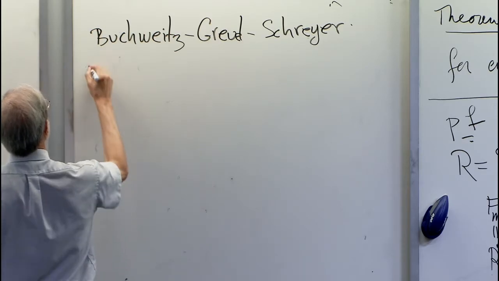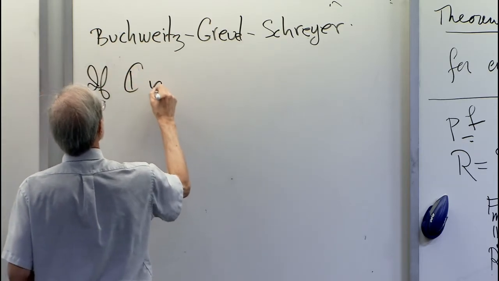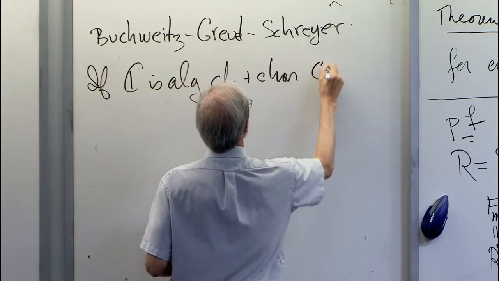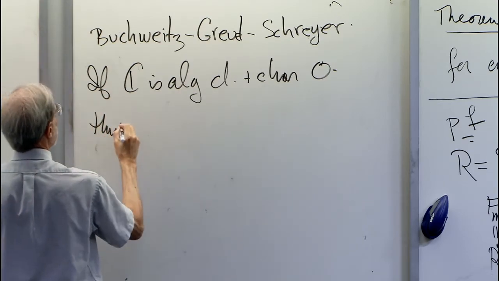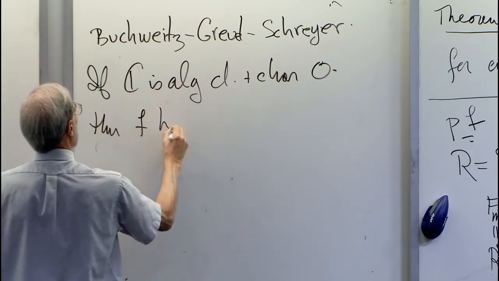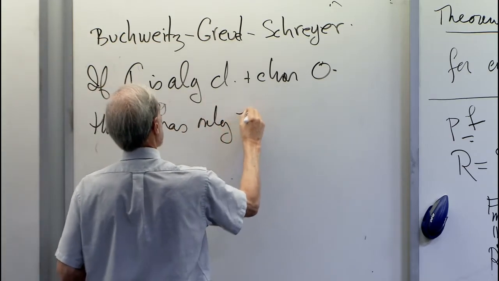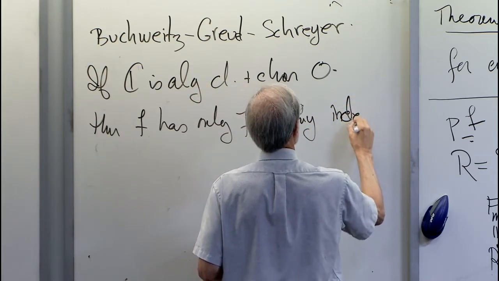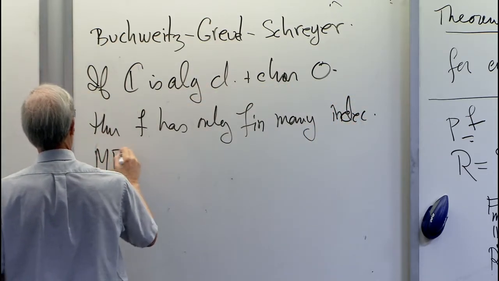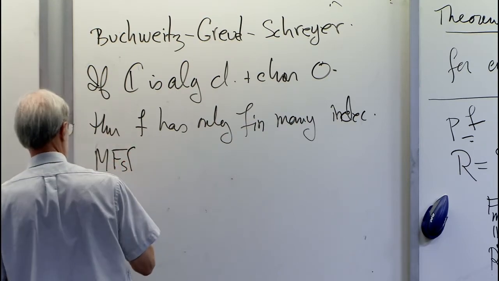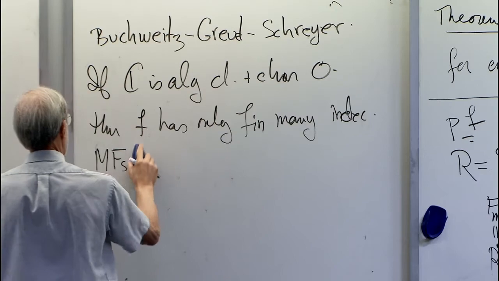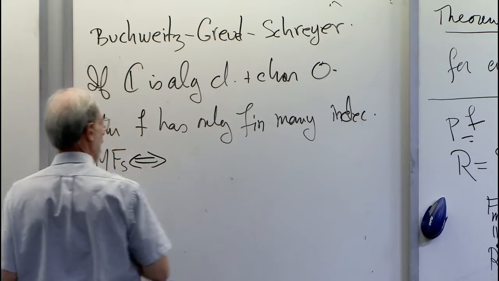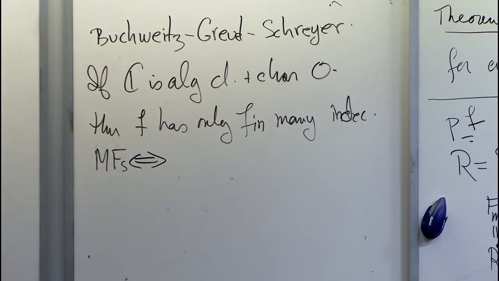So if C is algebraically closed and characteristic 0, then f has only finitely many indecomposable MFs if and only if f is an ADE singularity, which means